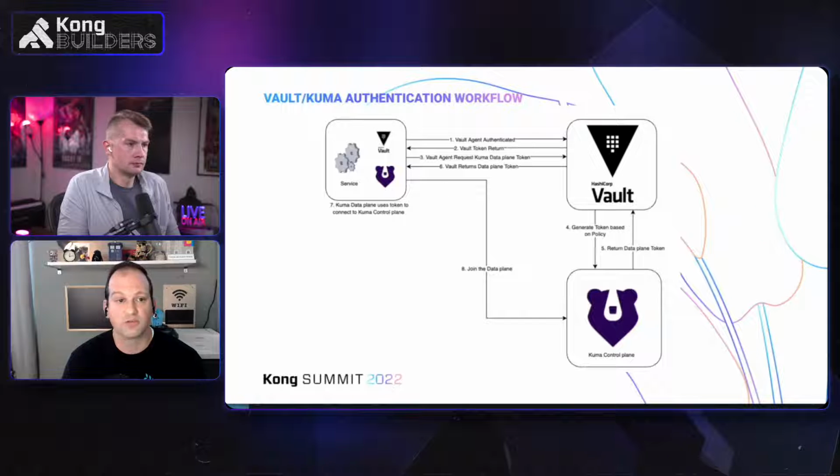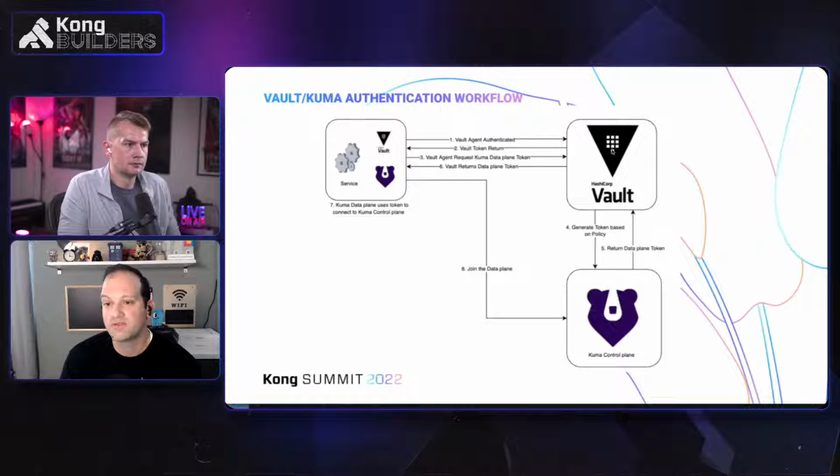All right, so then we're going to explain how our specific workflow works with that. We're going to run a Vault agent on our system. Our Vault agent is basically just a long-running process that will be able to authenticate as a service. We're going to be using AppRole, which is basically a secret and an ID that we inject inside of our services. But you could very easily use IAM, any sort of cloud metadata, as your authentication process as well, which would be more common in a real world case. I'm running a local instance, so we're going to use AppRole to simulate that IAM metadata for authentication.